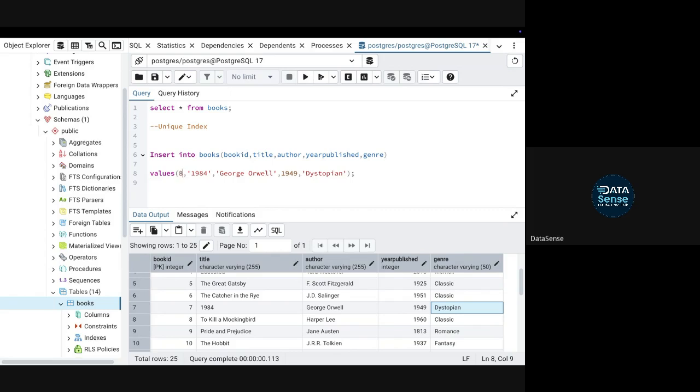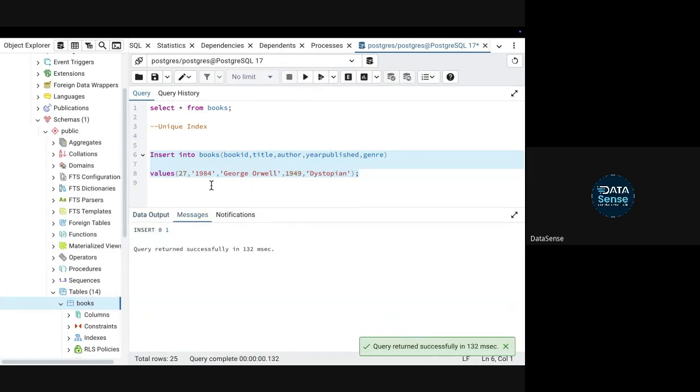But that's not the main point. The main point is that I don't want any duplicate books. Let's say I have this constraint that I don't want a table with duplicate titles, that there should always be one title present. One method is we all know we can create a primary key on that. But let's say the table is already created and now I cannot change the primary key, right? So how can we do that? How can I ensure it? For example, right now if I enter this, it will go.